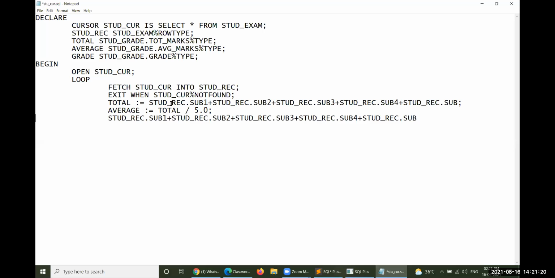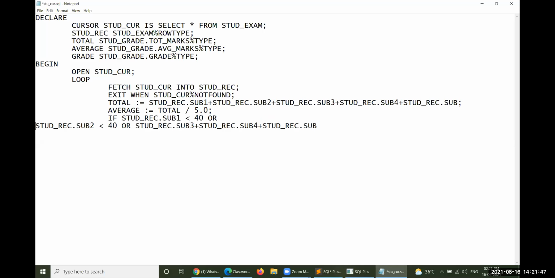The grade calculation is done this way: if stud_rec.sub1 is less than 40, or stud_rec.sub2 is less than 40, or any one of these is less than 40, then obviously the student has a problem. Let me write it line by line. Oracle will accept it in line by line form, there is no problem.